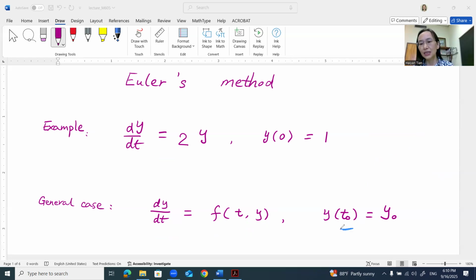So at a certain t, the y value is given. So just as the example shows, when t is 0, the y value is 1, right? So the y value is given at a certain t value. So we call this problem an initial value problem. So to solve this initial value problem using Euler's method,